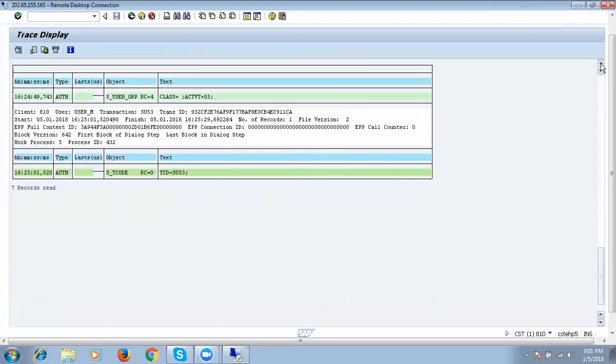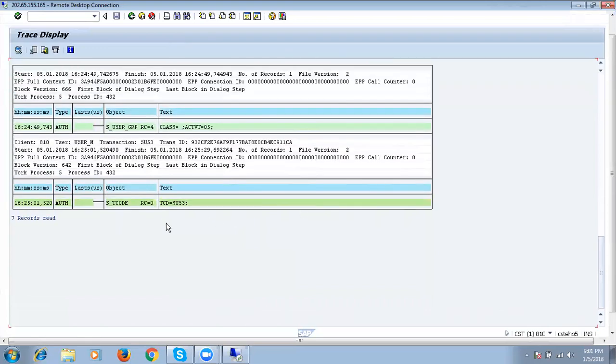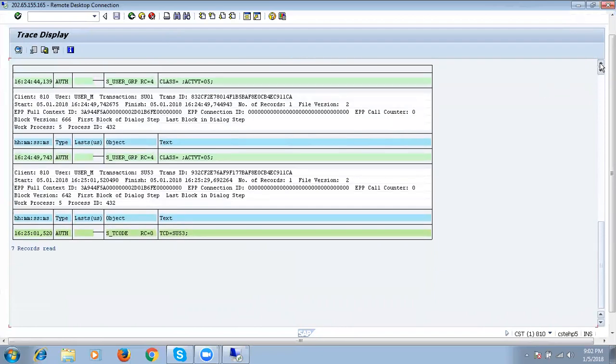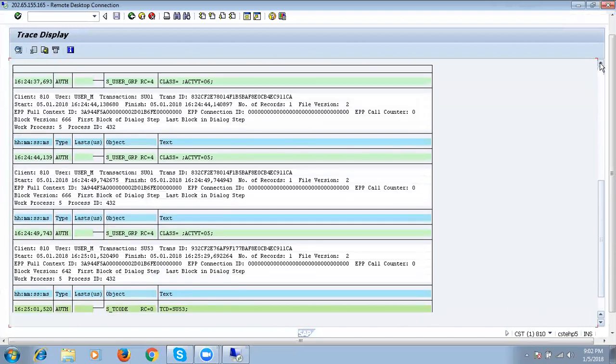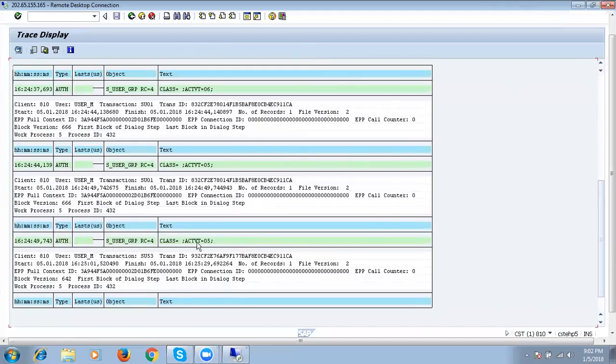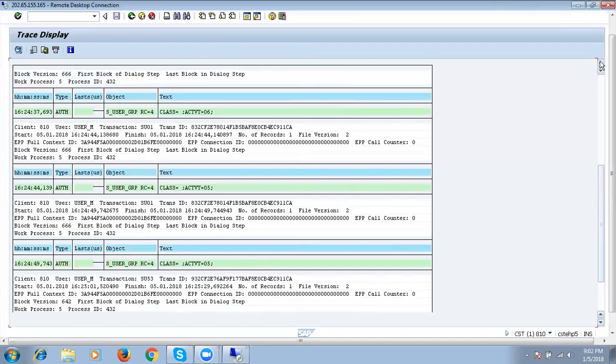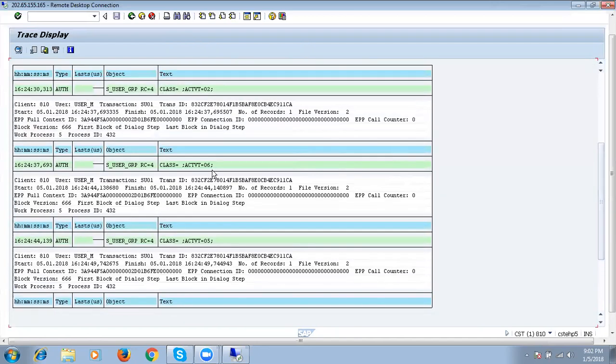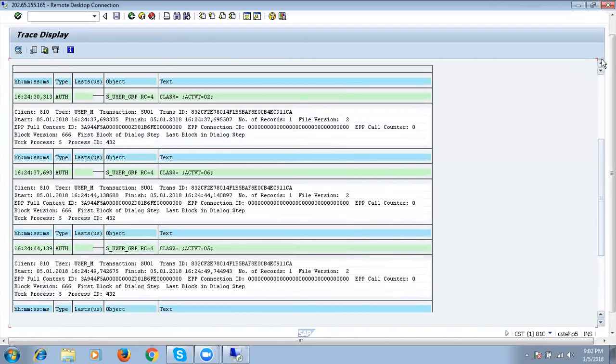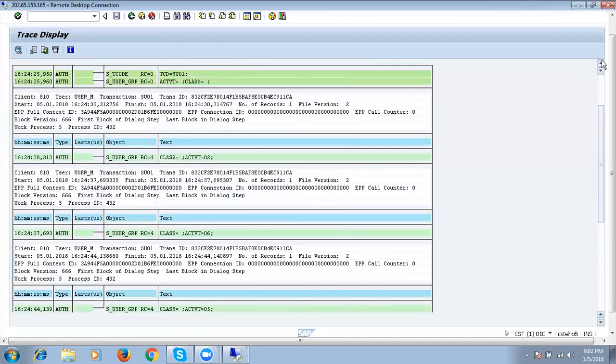Finally, he executed SU53, and for that also return code 0, so he successfully executed SU53. So totally here, he missed one time for changing password, second time for lock and unlock, third time for deletion, fourth time for changing. So total 5 times he got the "you are not authorized" message.